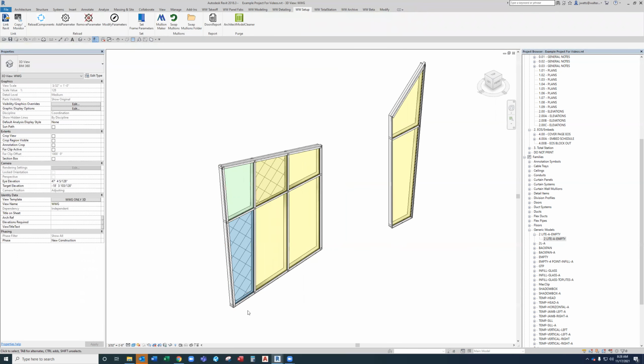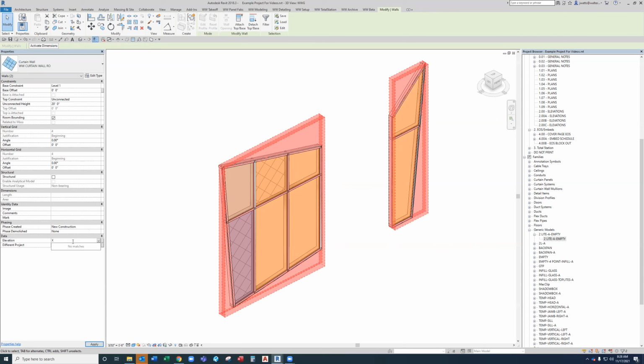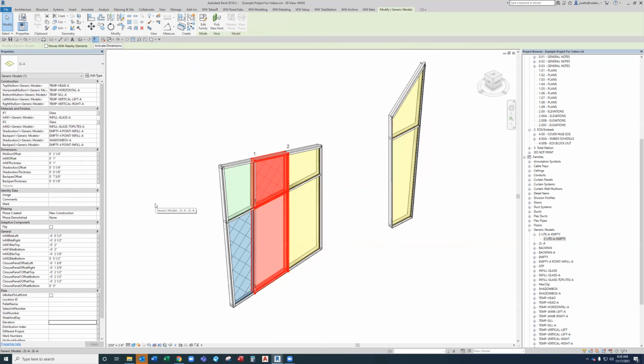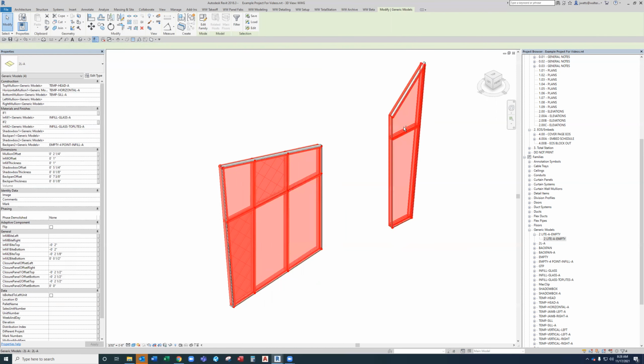And now another thing that you'd have to do to get it ready for the takeoff program to read would be to click on your walls, the curtain wall RO, set the elevation to something, so X. And then you also have to go in and set the elevation within the unit itself. So if you select all these and you make these elevation X,